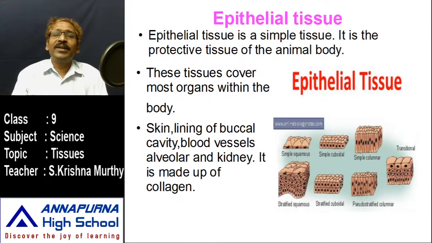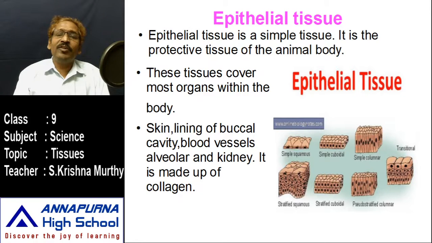We have different kinds of blood vessels. Three kinds of blood vessels are there. For all those blood vessels, the outer membrane and inner membrane are lined with this kind of epithelial tissue. As well as other alveolar membranes. I think you know very well about alveoli. Where are the alveoli? The alveoli are present in the lung.